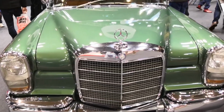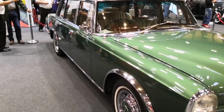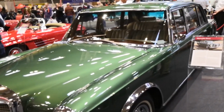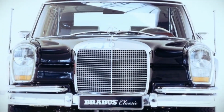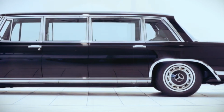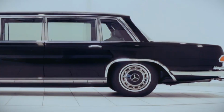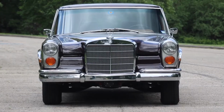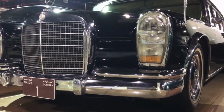The Mercedes-Benz 600 Grosser was the epitome of luxury and over-engineering in its era. This limousine was packed with cutting-edge technology. A complex hydraulic system powered everything from the windows and seats to the sunroof and trunk. It had an air suspension system that offered an unmatched ride comfort, powered by a massive 6.3-liter V8 engine